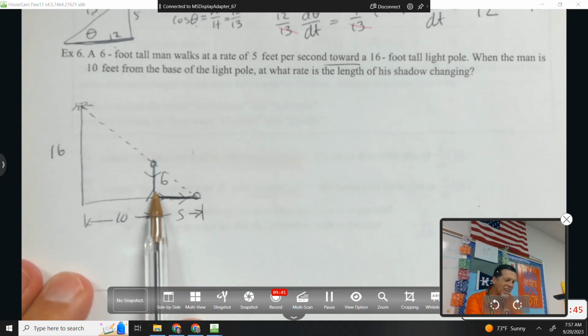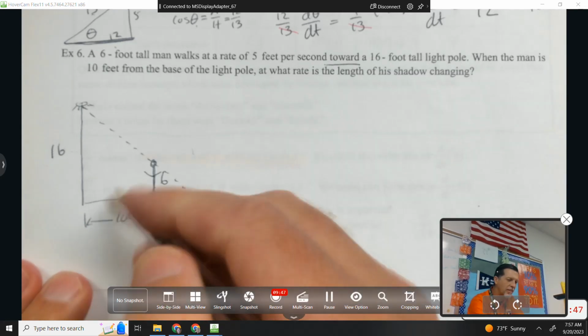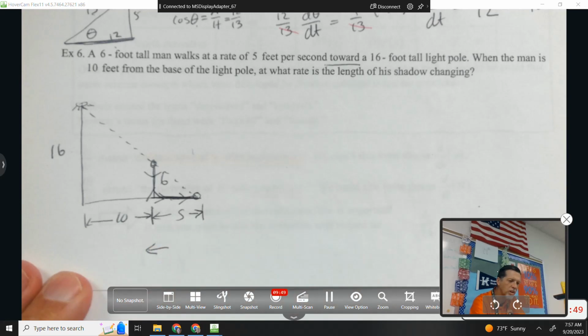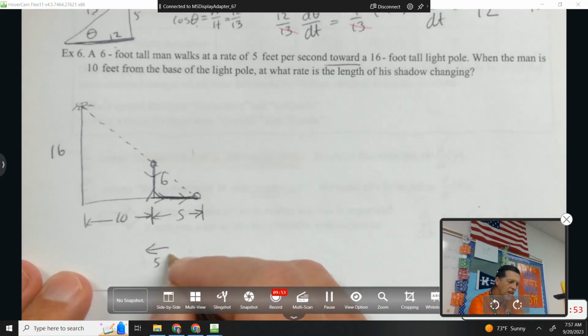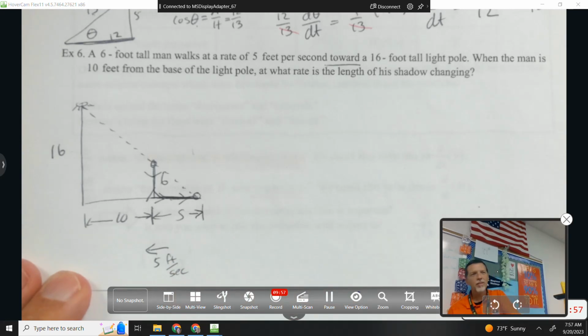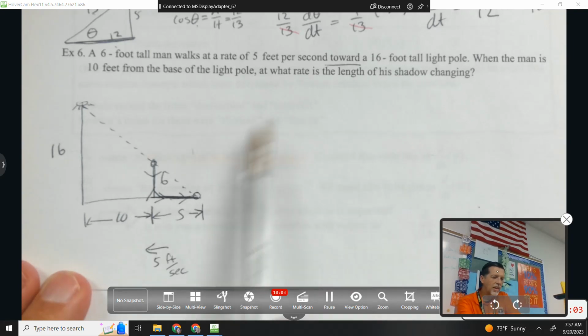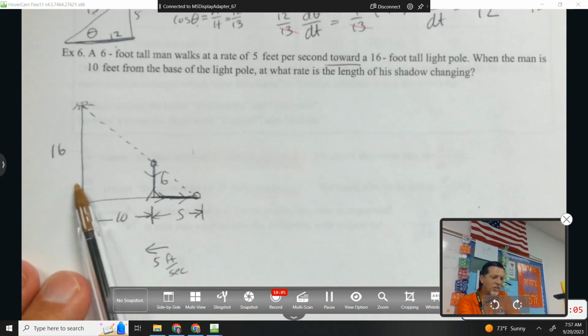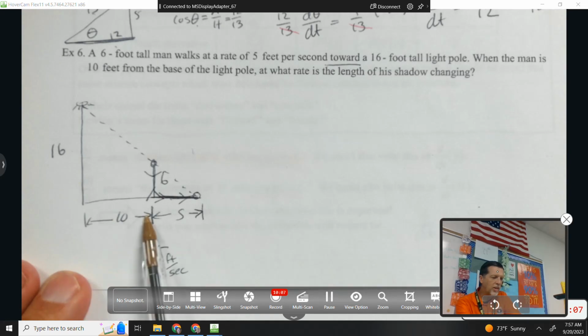A 6 foot tall man walks at a rate of, so he's walking this way toward the light pole at 5 feet per second. Somebody should do the math and convert that to miles per hour to figure out how fast he's really walking there. A 16-foot tall light pole. When the man is 10 feet from the pole, at what rate is the length of